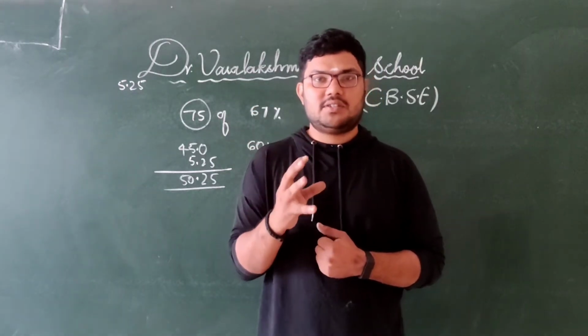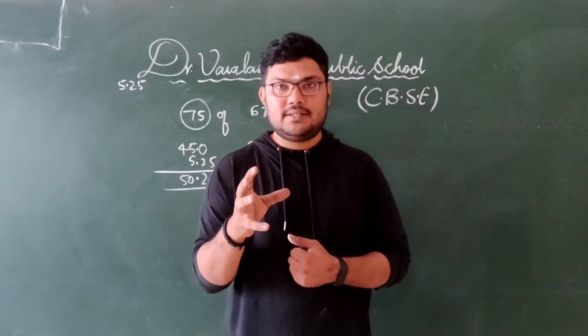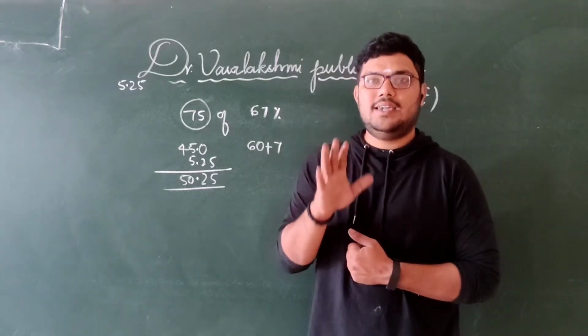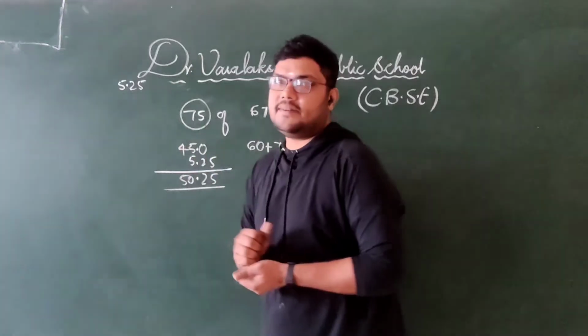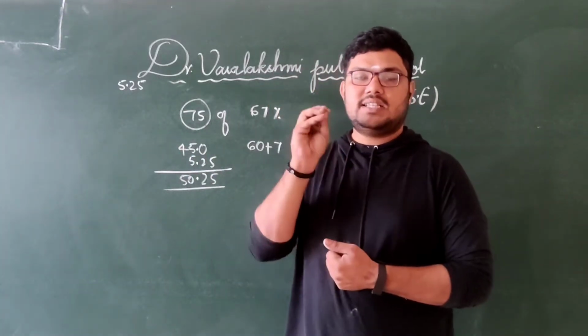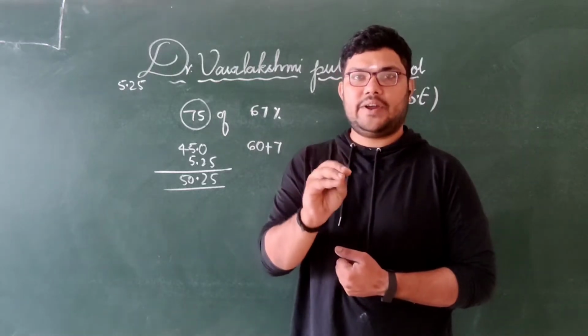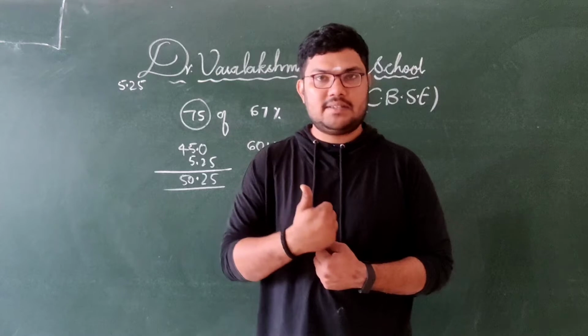How to calculate 10%? For any given number, for example 75, if you want to calculate 10%, just keep a dot after one digit. For example, 75, 10% they ask, that is 7 5 is there, no? Before the 5 keep a dot, that is 7.5. So hope you guys have understood this 10%.